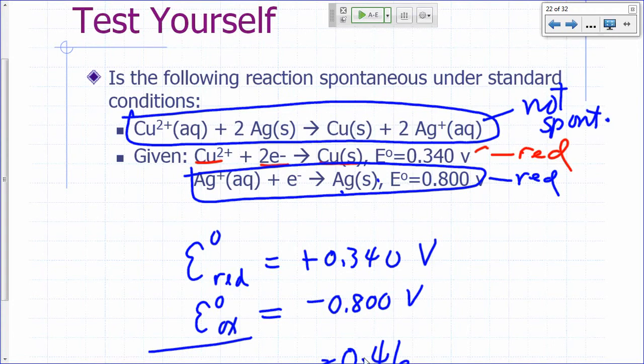In other words, if I were to put silver metal in a solution that has copper ions, I'm not going to get copper metal and have my silver metal dissolve in it under standard conditions. Okay, but what if I flip this reaction? If I write it the other way,